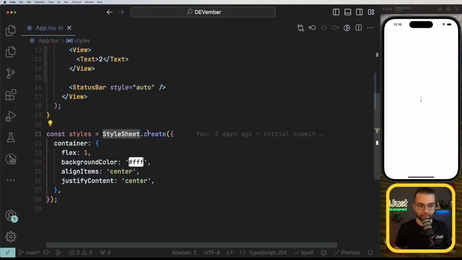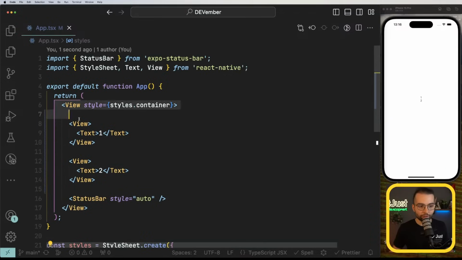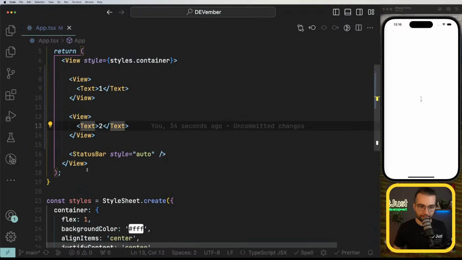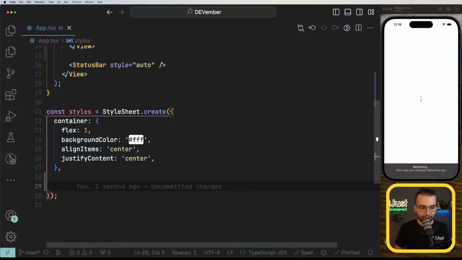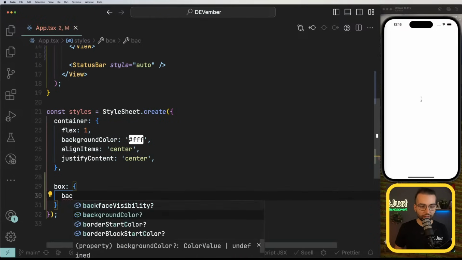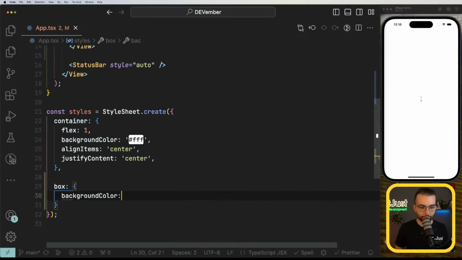Anyway, using StyleSheet.create, we create these objects, and in our rendering part, we assign the styles to different components. For example, if I create here a box container with a background color of red